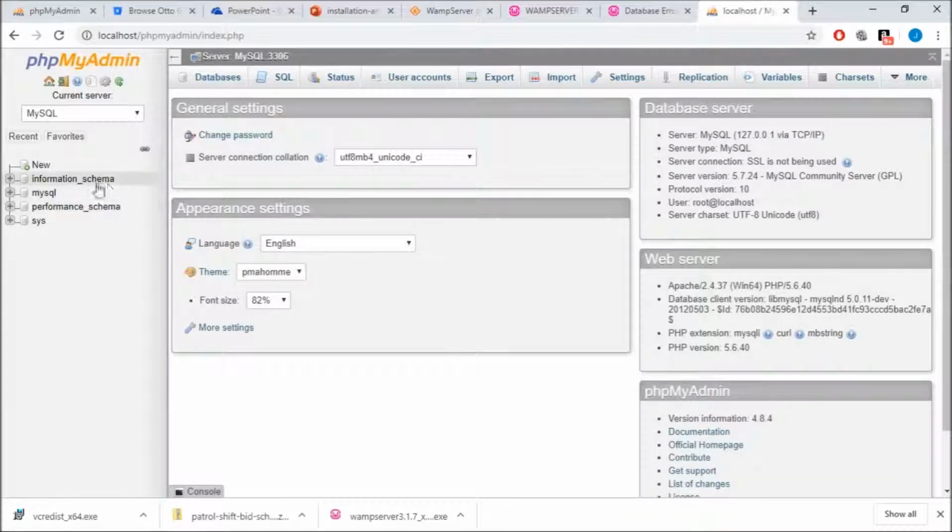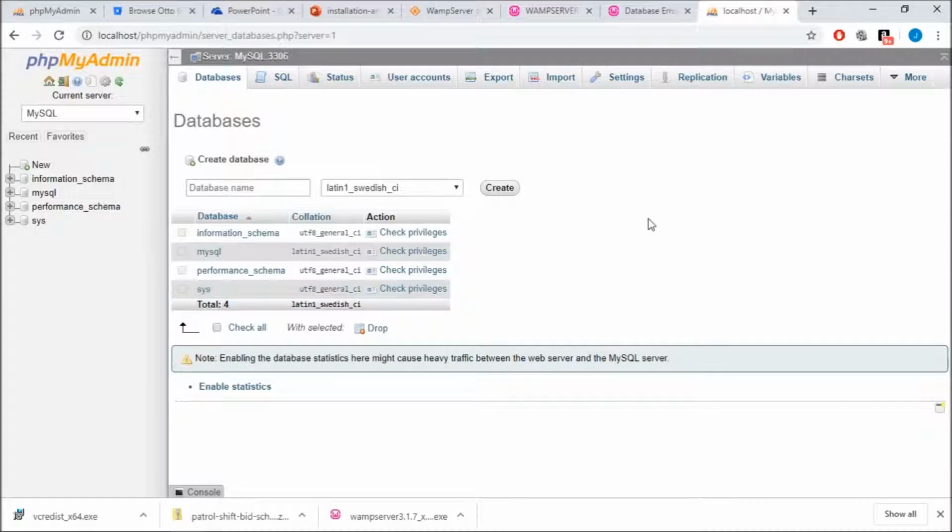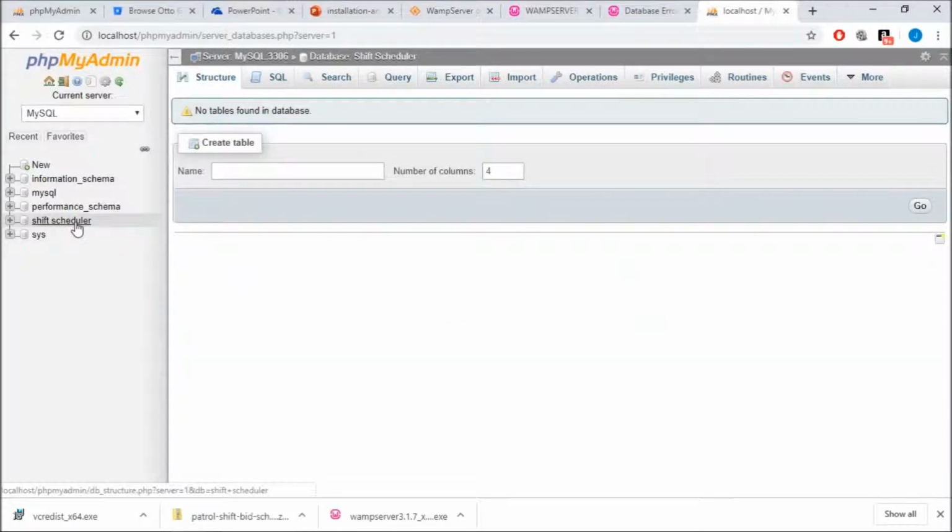So we have these default databases that were created when we installed the WAMP server. We're going to go ahead and create a new one, and we are going to name it Shift Scheduler. And we're going to click create. Now the database has been created,